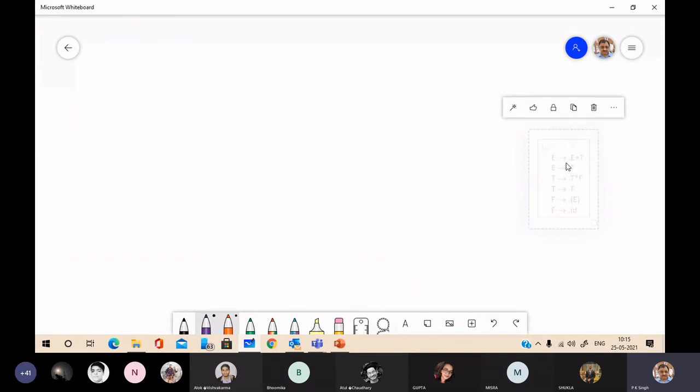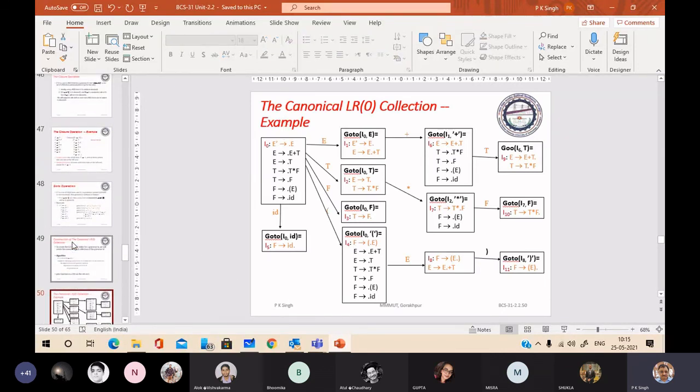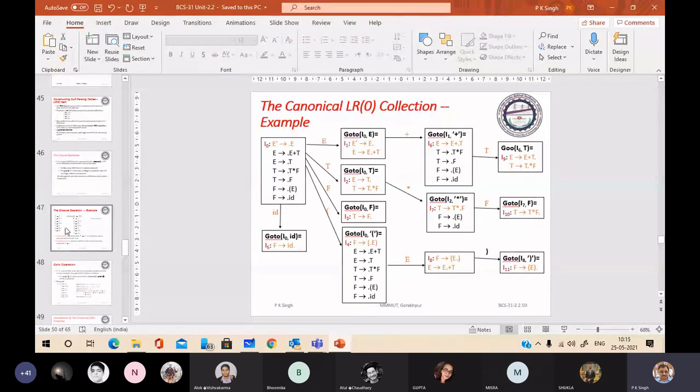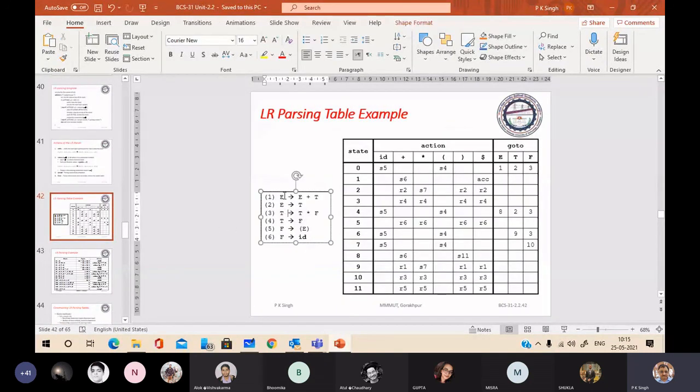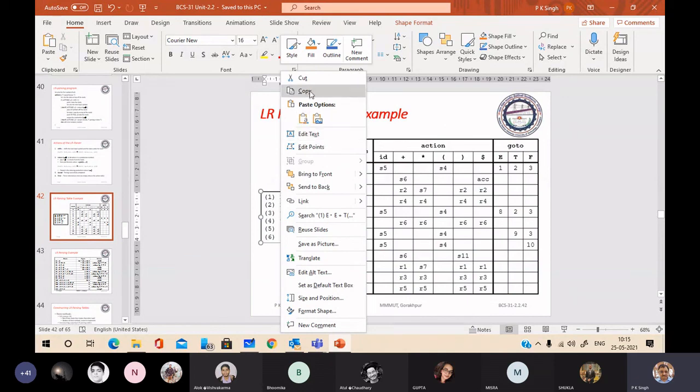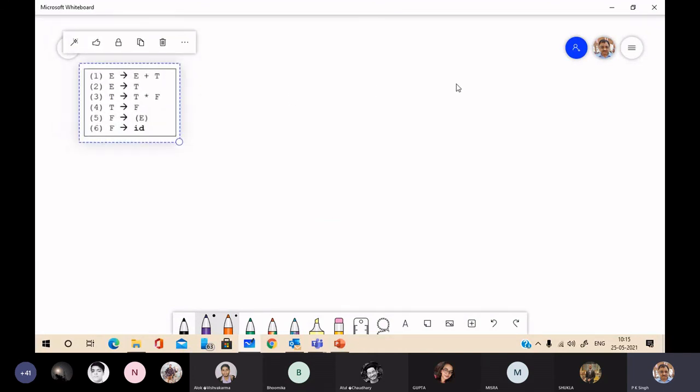Just take the grammar, you can take the grammar from here. How do we proceed for construction of LR0 item sets? First you have to convert this grammar into augmented grammar.